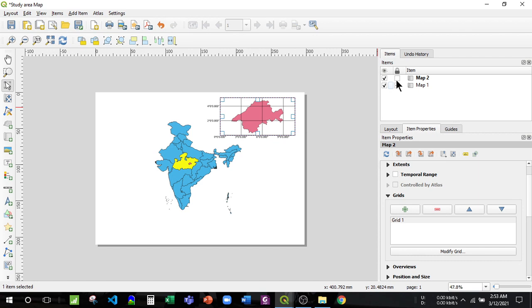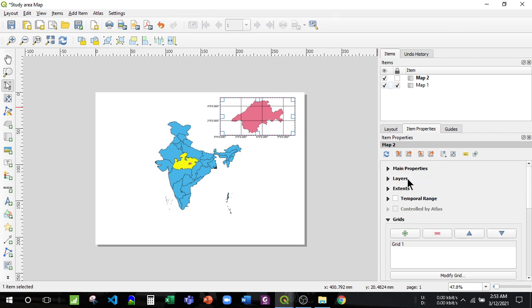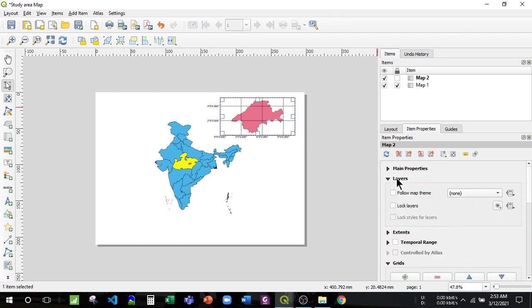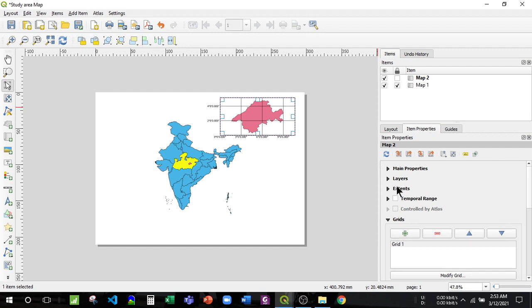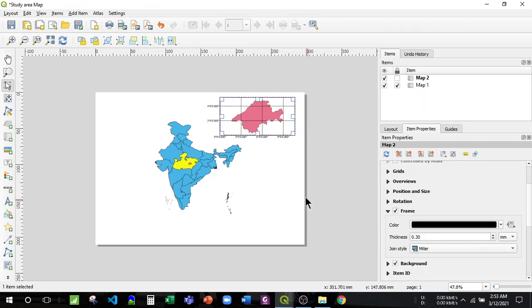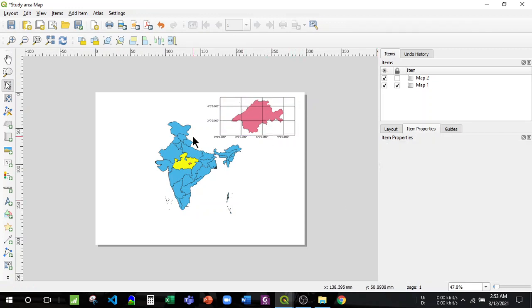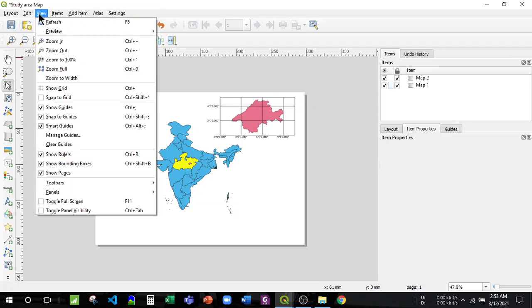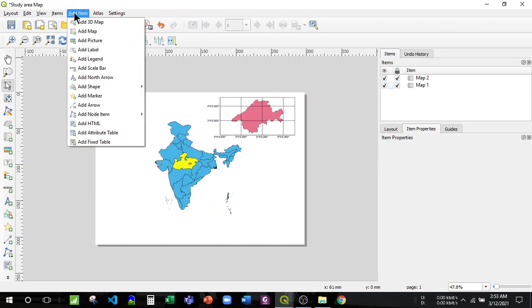Then I'll freeze, wait a second, and then add the frame. At the bottom there's an option called frame. I can add the frame like this. And then I will freeze this map. Then I'll click on add items again.